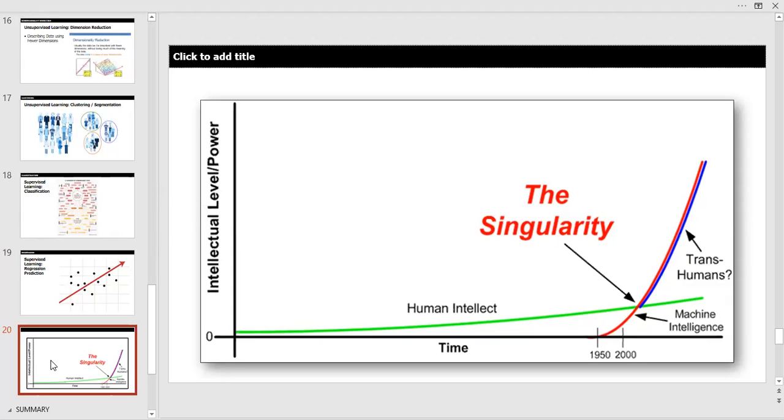And what happens to us in our jobs and our future is beyond me. I have no idea. Some of it's dystopian sounding and some of it's really positive sounding. So again, I can only hope for the best. But this is where it's going. We're marching towards the singularity. So if you're not familiar with the singularity, after this session is over, I highly recommend that you go and look it up, and look up as much as you can about it.